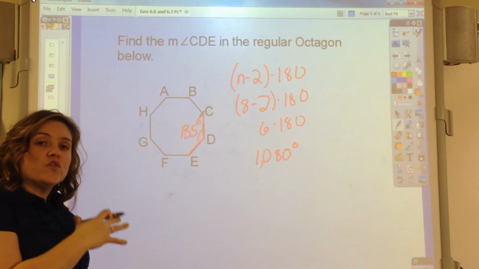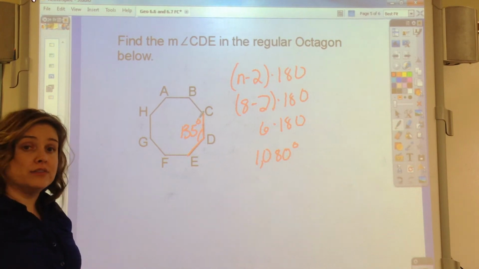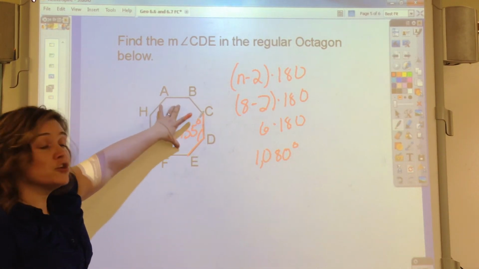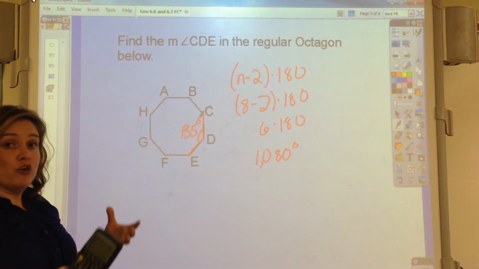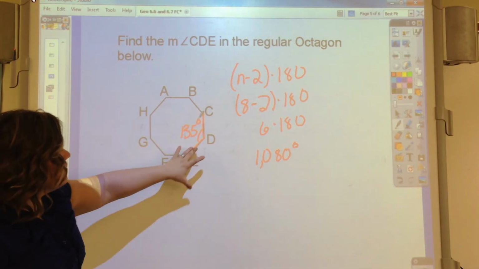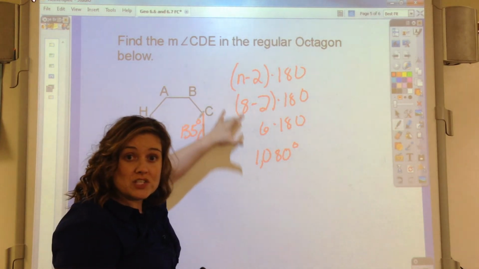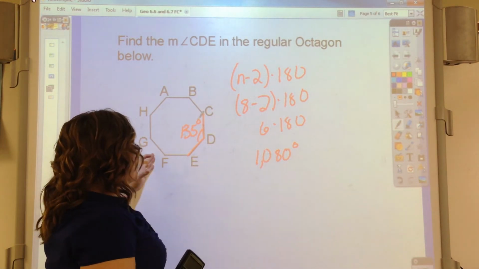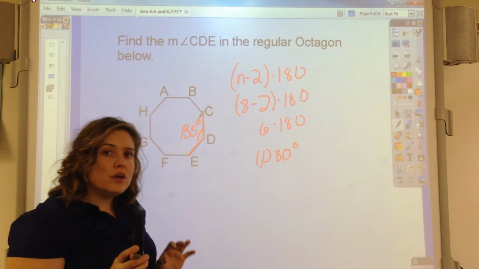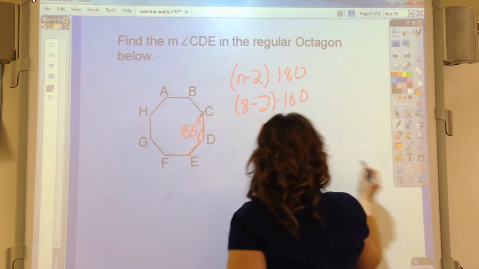So this is true for all regular polygons where you know your side lengths are congruent and your angles are congruent. You can find these angles by using this formula to find the sum of the angles and then dividing by the number of sides. Notice that that is different